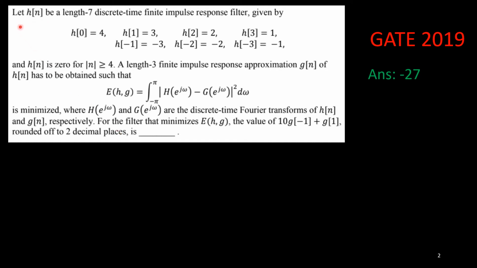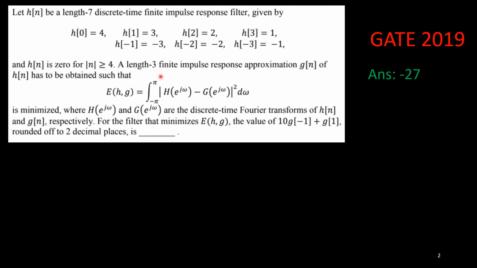And here it is given that h of n is a sequence of length 7. So on both sides it is given h0, h1, h2 and h3, and on the negative side h of -1, h of -2 and h of -3, right? So total length is 7, a finite length sequence. And now it says that